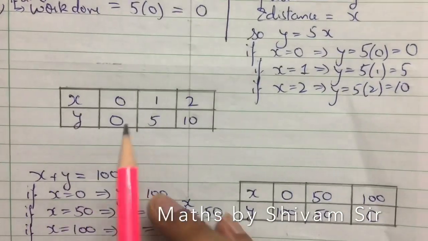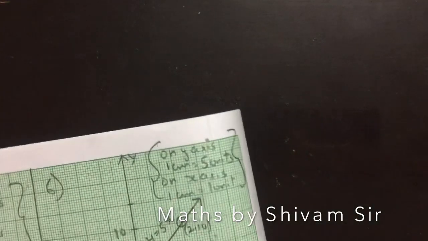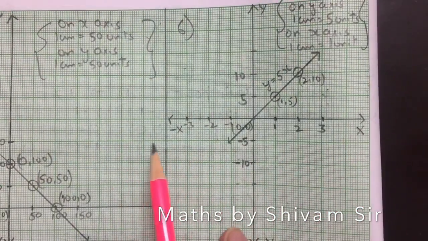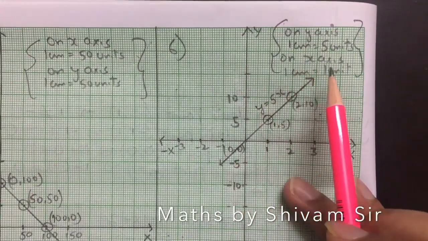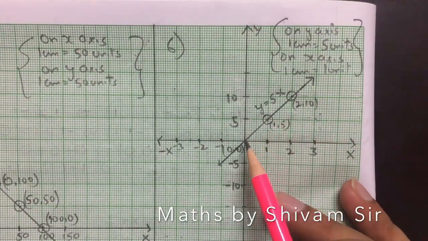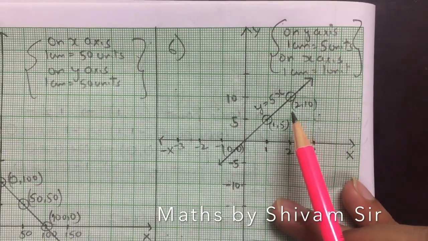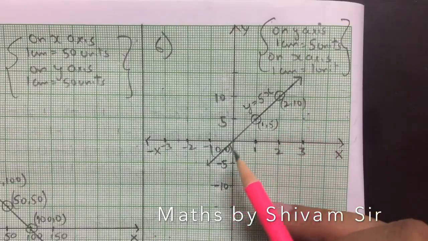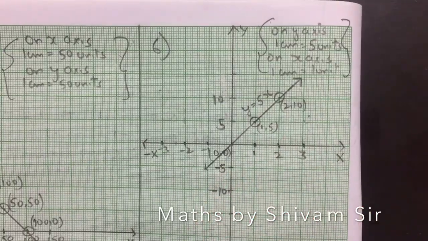Here I have represented the values in the form of a table. Now plot a graph for it. First draw the coordinate axes, x-axis, minus x-axis, y-axis, minus y-axis. Then scale. On the y-axis 1 centimeter is equal to 5 units I have taken. On the x-axis 1 centimeter is equal to 1 unit I have taken. So the points are 0, 0, 1, 5 and 2, 10. Join it using a straight line. Don't forget to mark arrowheads at the ends of the line and write down the equation y is equal to 5x here. In this way we have represented this equation graphically.